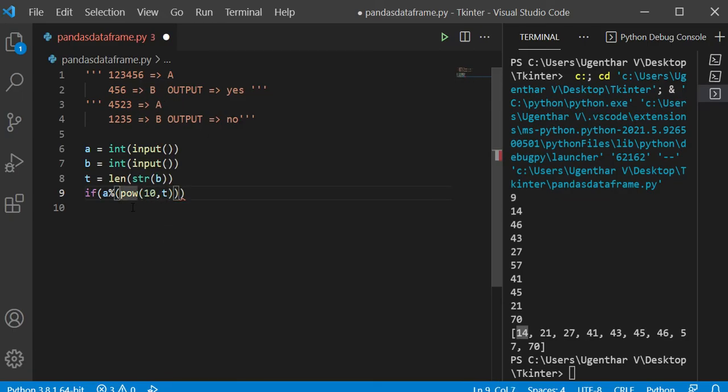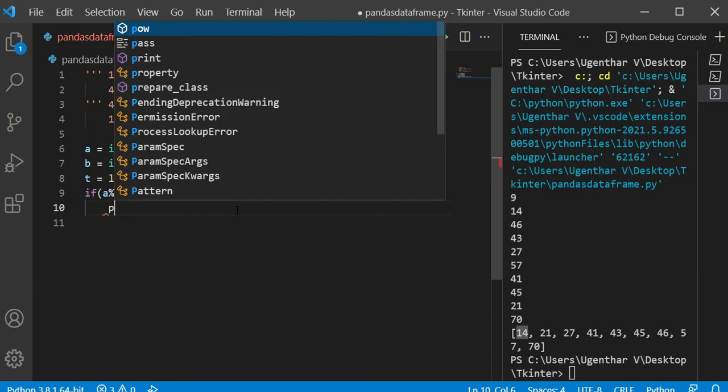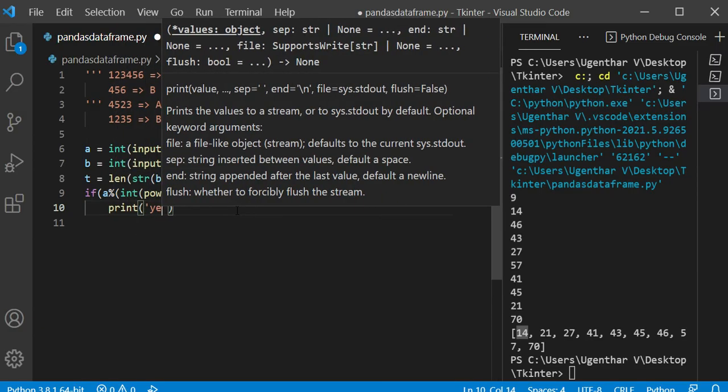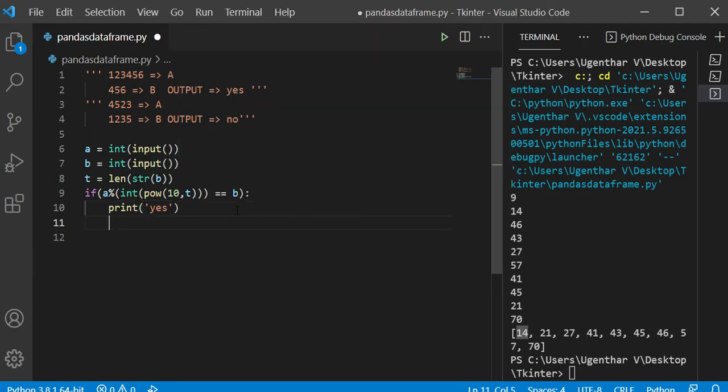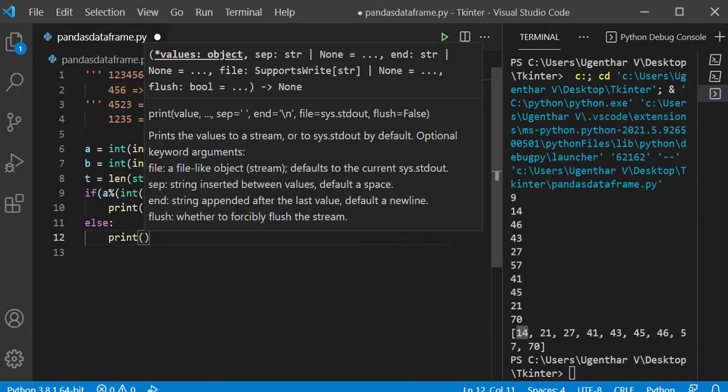Sometimes it returns in the form of float, so I'm converting it to int. If A modulus of this is equal to B, then it should print yes. Else it should print no.